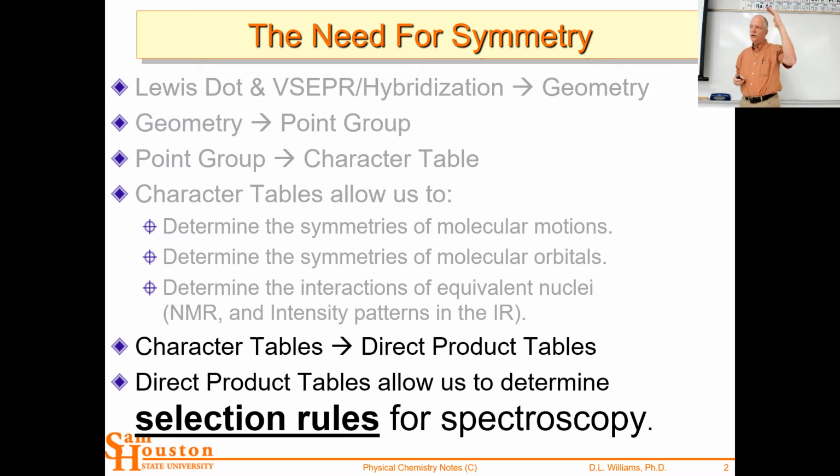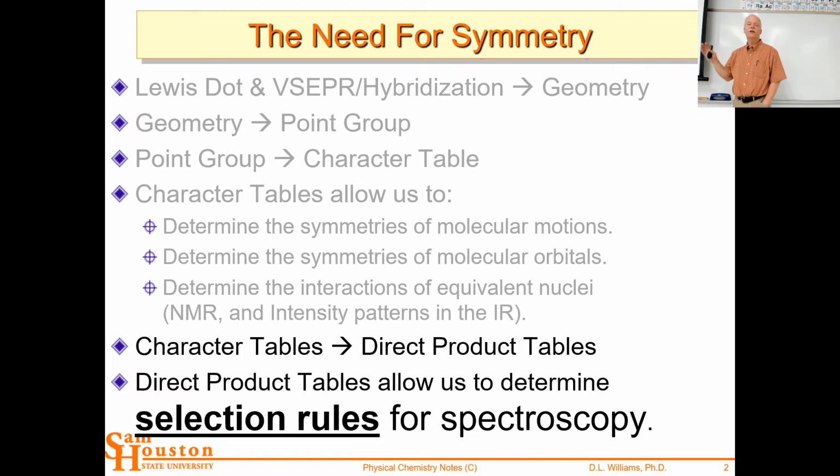So we've gone through the need for symmetry, the things that it does for us. We start with the Lewis dot structure. We did that in lab. We get the point group. We really focused on the character table last time and identifying the Mulliken notations. We'll stop and do a Kahoot, if I remember, about midway, and then we'll look at the direct product tables